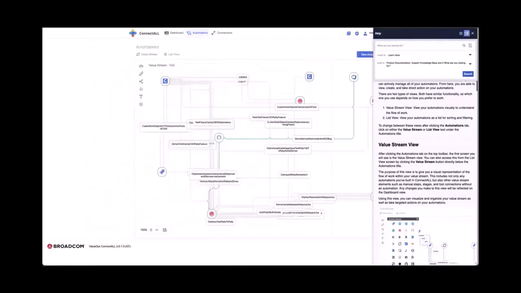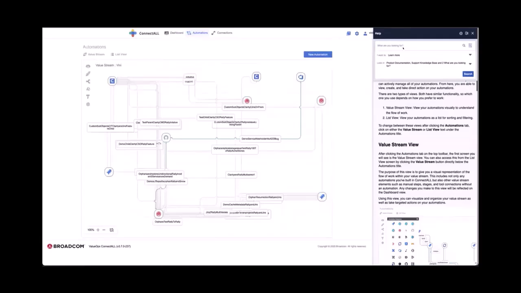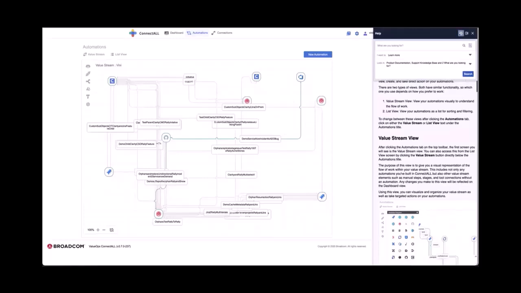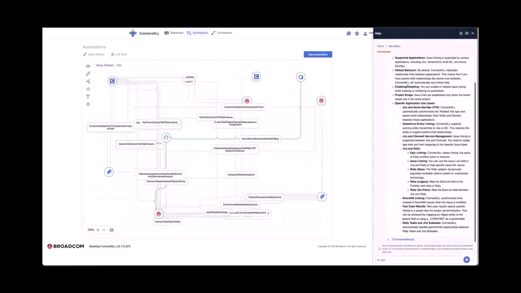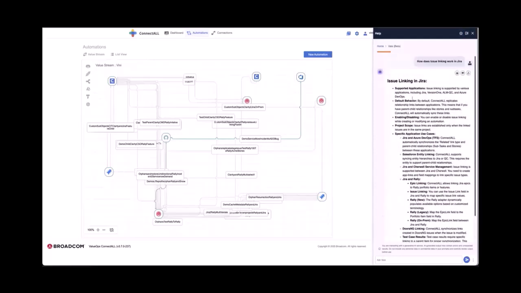The rest is like you can align the ConnectALL application and the ICE application. So you can navigate through this, and you can read through all the detailing that is needed. We also have Via in here, you can ask your questions,